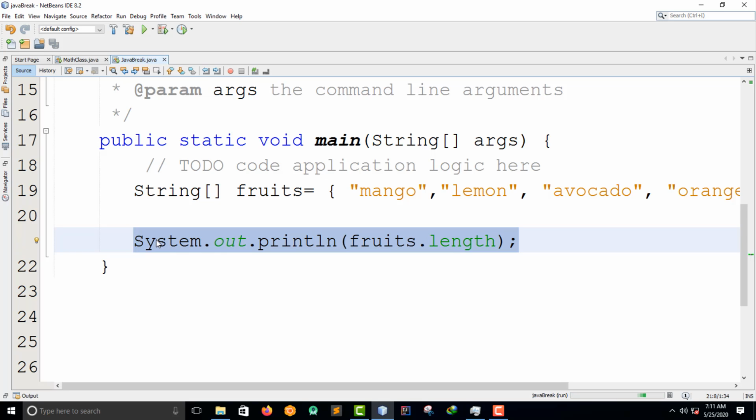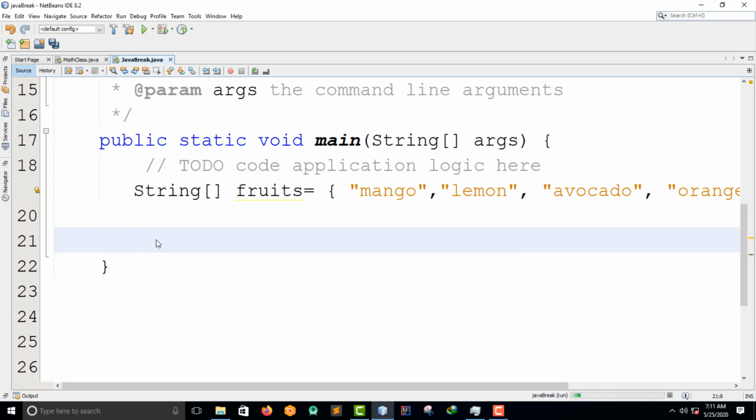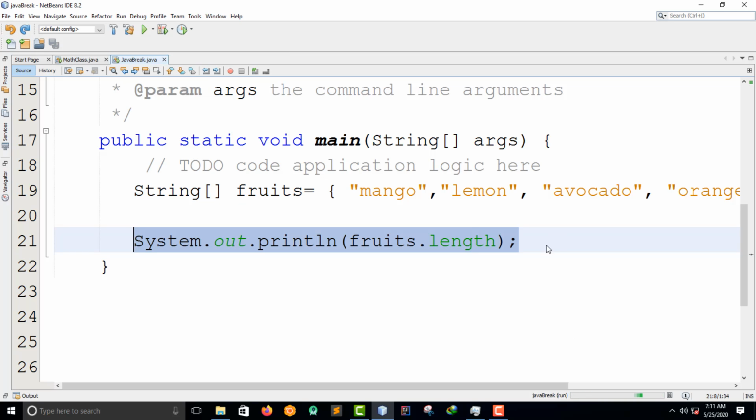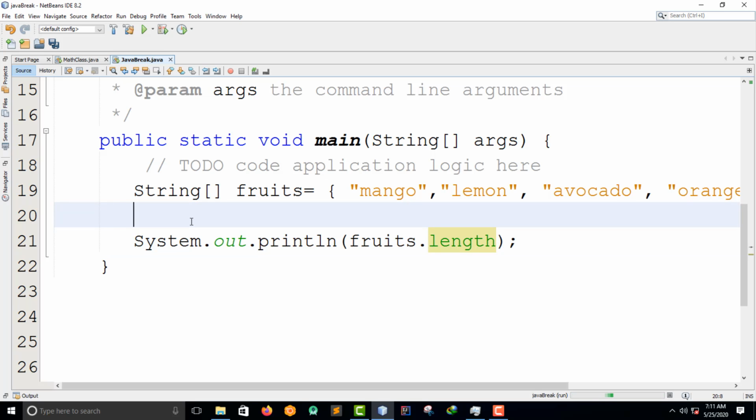So guys, let's do this. I just remove this. I want to use the for loop. Then I say for, int, and I declare, let me call it j.